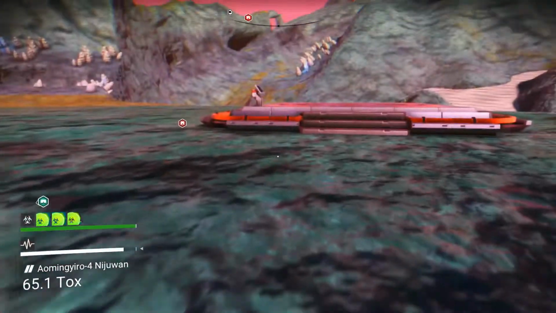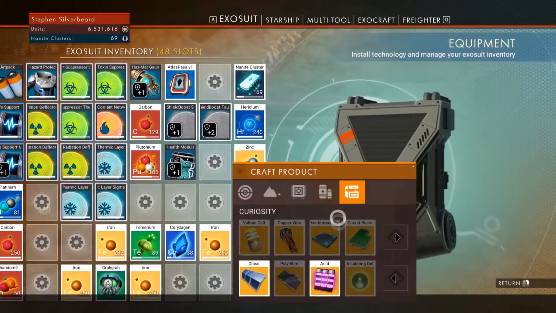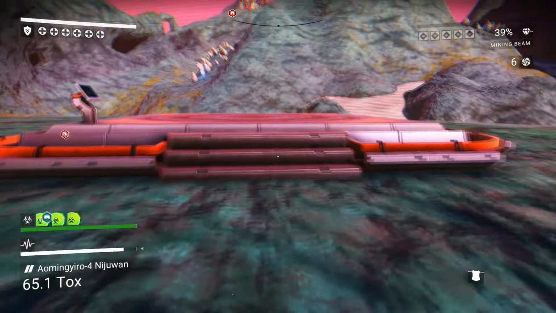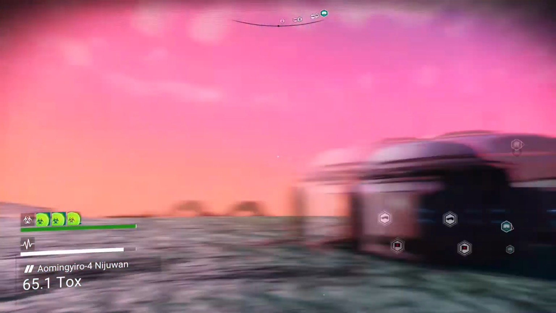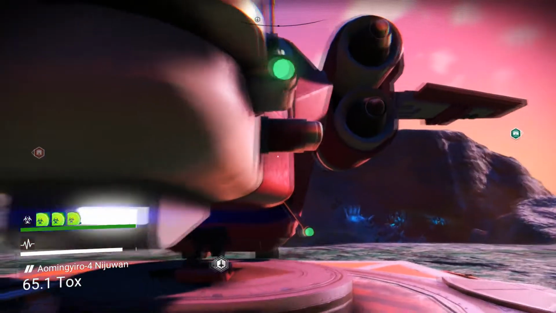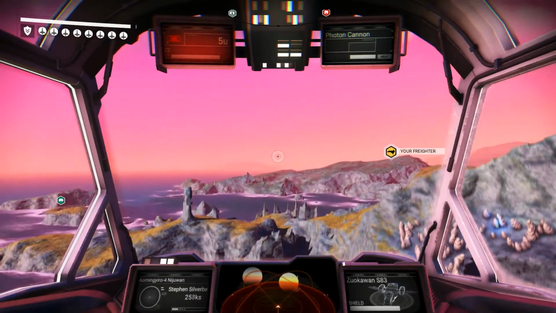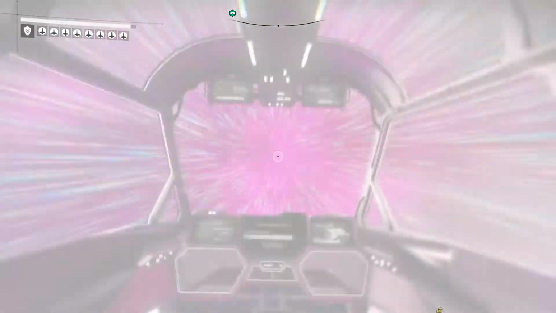Right. And next thing I need is a bypass chip. Should be able to make a bypass chip. Yep. And then we're going to call our ship to the landing pad. Hello ship. And what I'm going to do is now take off, because we use the free takeoff to actually go up here. And we're going to go back to the space station